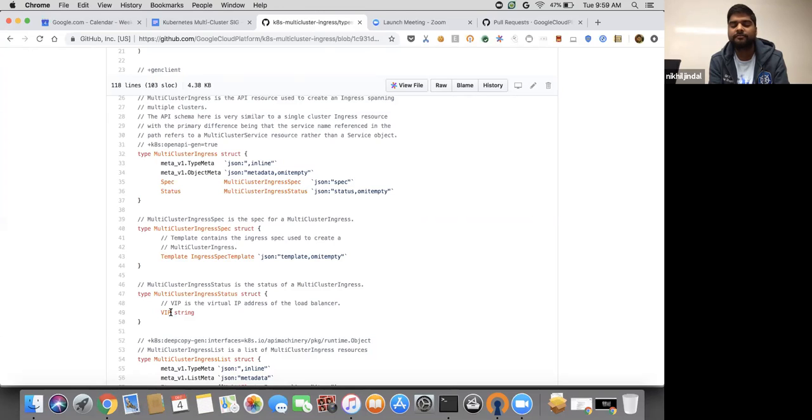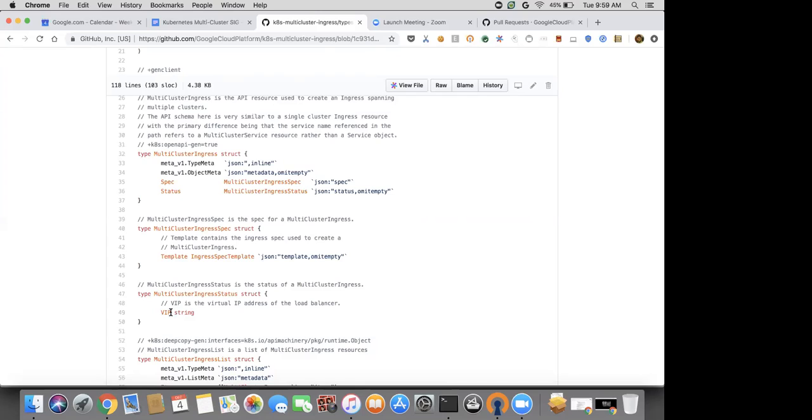Yeah, so I'm curious, even in Federation V2, when you create a Federation service, does it do all the DNS routing and cross-cluster service discovery as it did in Federation V1? Yeah, for service, most of the loop is complete and it can do exactly the way it did in Federation V1. The only piece that we have integrated externally is that instead of using the DNS libraries, which were inherently part of Federation V1, we offload that to external DNS. There is a project in Kubernetes Incubator called external DNS, which can take information from the Federation API and update the DNS records. It supports many DNS servers, including all the major